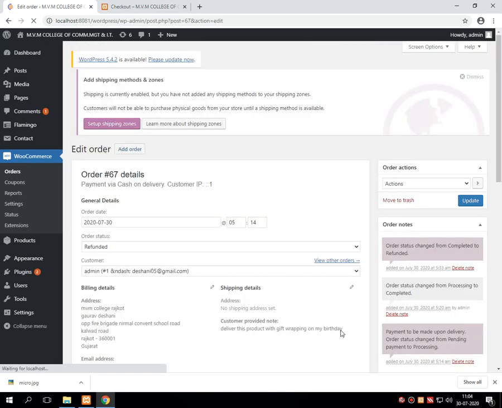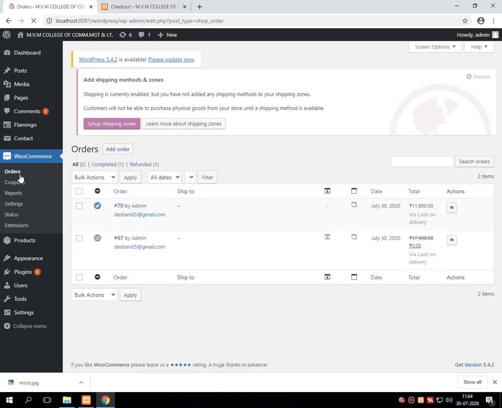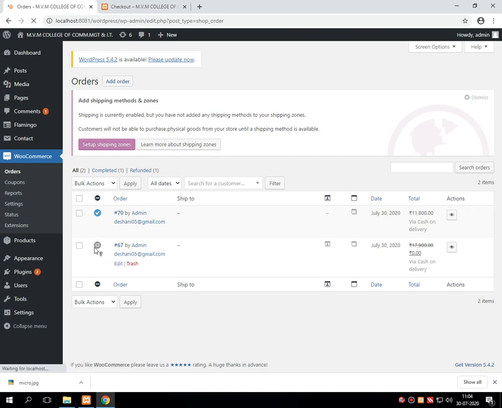Once this is done, this order has been cancelled. So just look into the order, where you will see that the refund procedure of this particular order has been done.